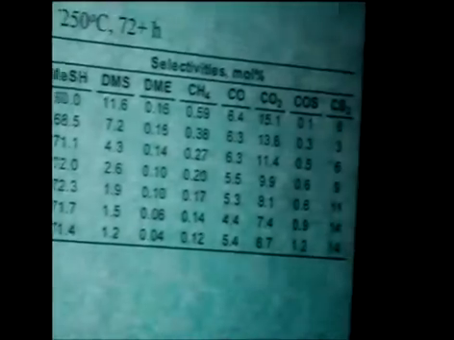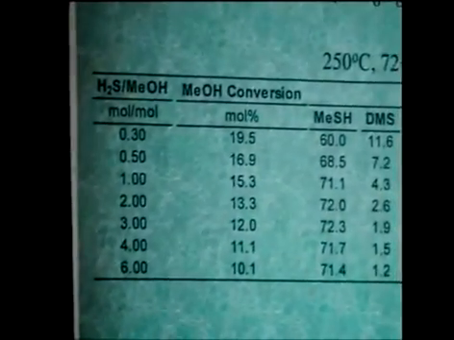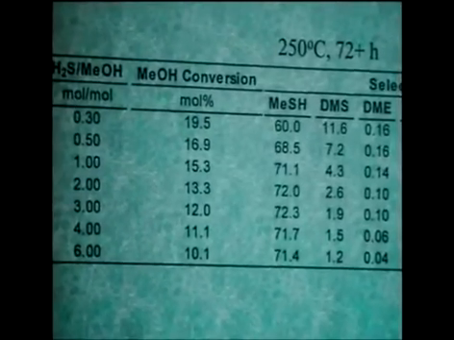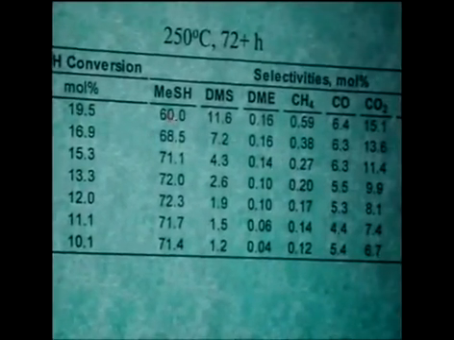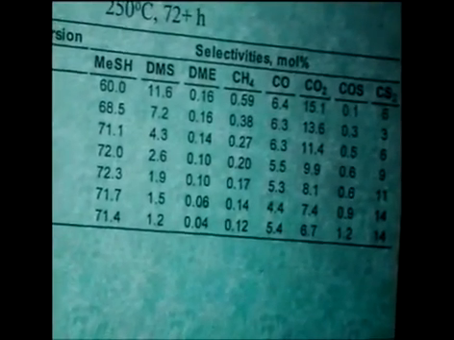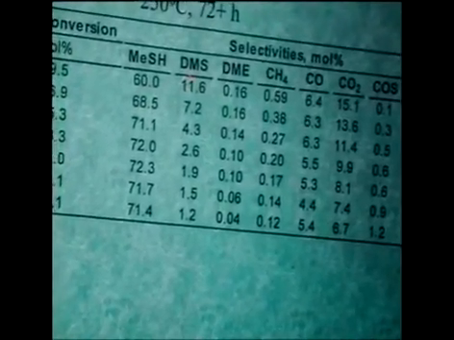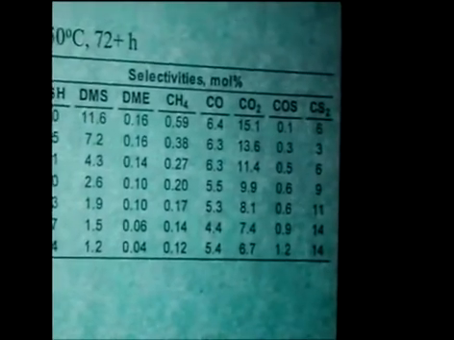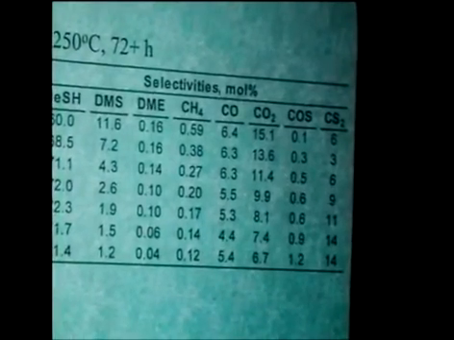Stoichiometric ratio is 1. What we've seen, after 3 days, when this experiment was carried out, is that as we increase the hydrogen sulfide ratio, we actually decrease the rate of reaction, implying that hydrogen sulfide is a very strongly absorbed reactant. The other thing of note is that we really don't start to drop significantly on the selectivity to methanethiol until we get well below the stoichiometric ratio. In other words, at 0.5 to 1, which is stoichiometric ratio for dimethyl sulfide, we're still producing nearly 70% methanethiol.